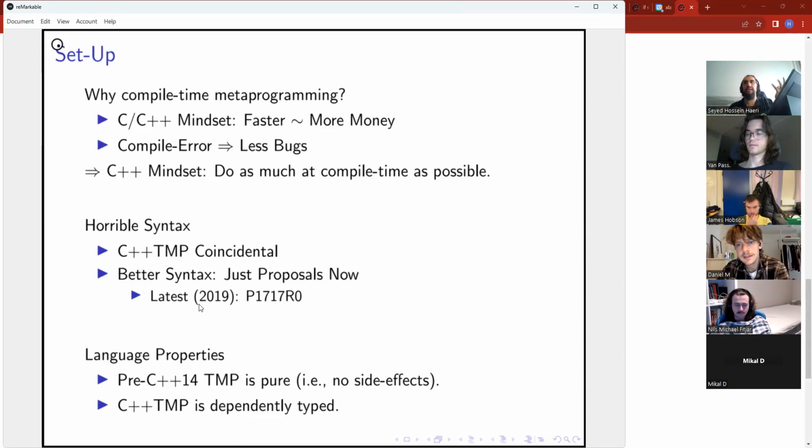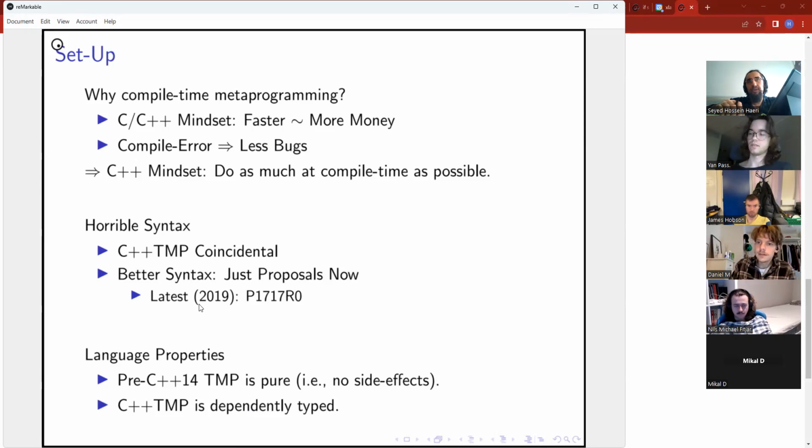So that's the entire reason why that initially became a thing, because C++, like C, has always been very thirsty about performance, right? But then later on, people realized that there is another angle to compile time metaprogramming that is very important.